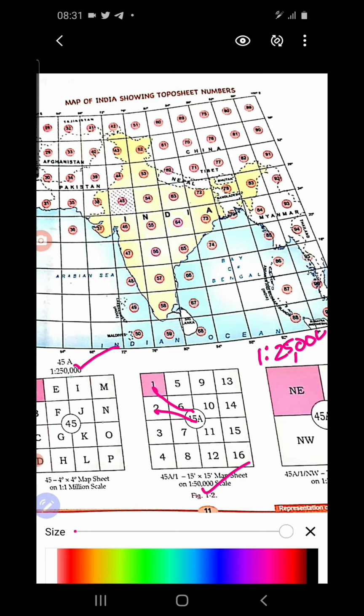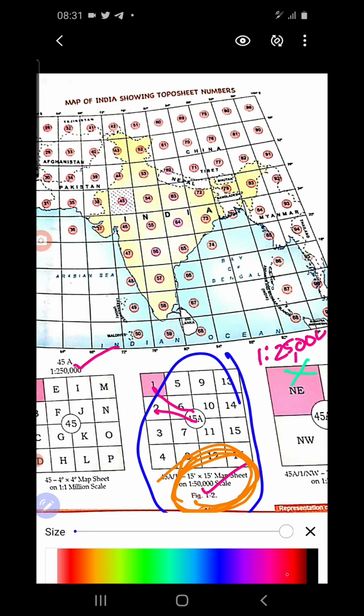So these are the 3 series of map we discussed. Which are the 3 series? 1 is to 250,000. This is a degree scale. And the next one is 1 is to 50,000. This is the common scale we adopt everywhere. This is the common topo sheet. Usually we use this scale for every topo sheet. Then 1 is to 25,000 is very rarely used. But commonly we use this particular scale, 1 is to 50,000.